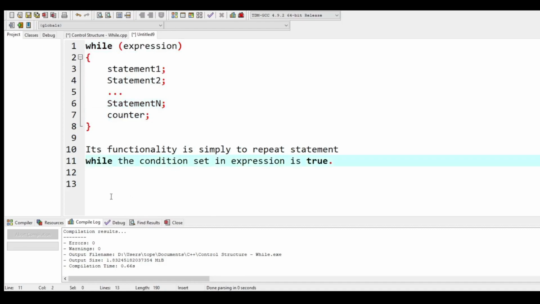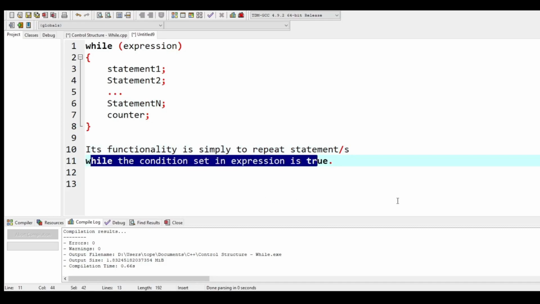The functionality of the while loop is simply to repeat a statement or statements while the condition set in the expression is true. Okay, so